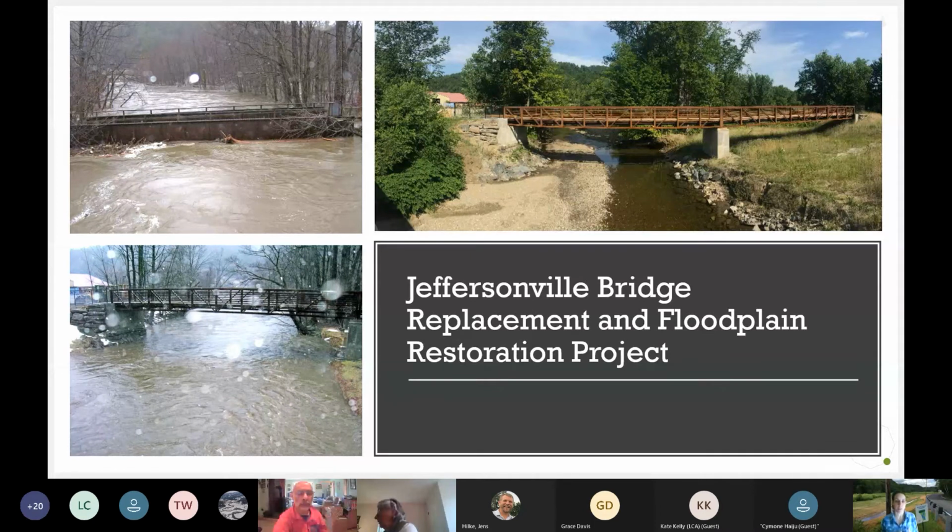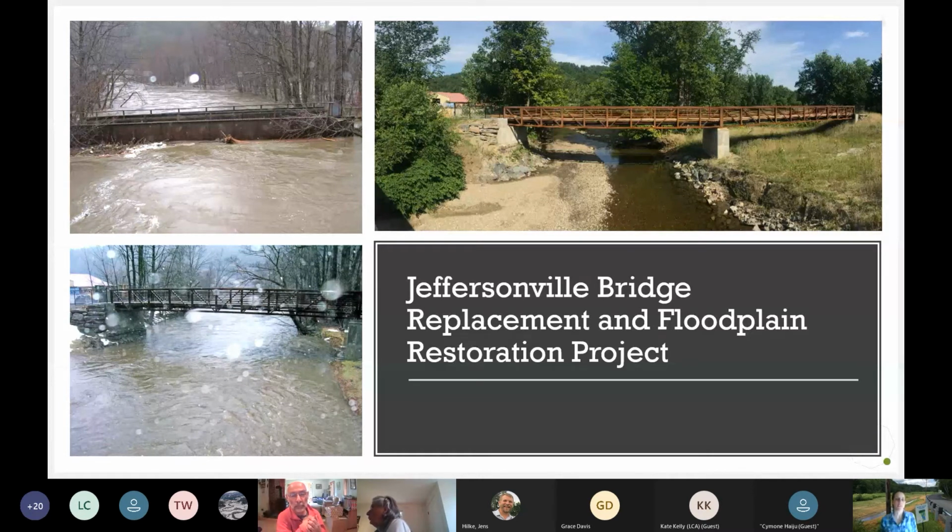And that's what was happening with the town of Jeffersonville. So what we did was we worked with a number of different partners, including FEMA, and FEMA said, well, we can replace the bridge, right? But we looked at the bridge, the town, the Regional Planning Commission, they looked at the bridge and they said, the bridge isn't big enough.